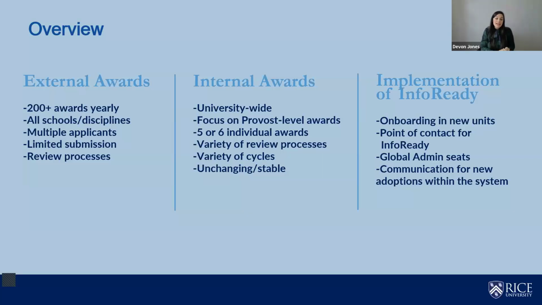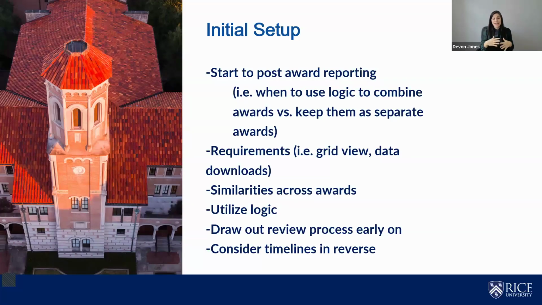So next slide. In the early days, our biggest challenge in starting a new system when we adopted InfoReady was the setup and making sure that the foundation was solid and repeatable, which aids in both efficiency and scalability. We learned very quickly that it works best to think of an application through from post-award reporting as well as from the initial onset from the applicant's perspective, and then work that process also in the reverse. We have developed a set list of questions that we ask ourselves when we're approaching creating a new internal award, such as should 2 awards share one competition or should they stay completely separate?